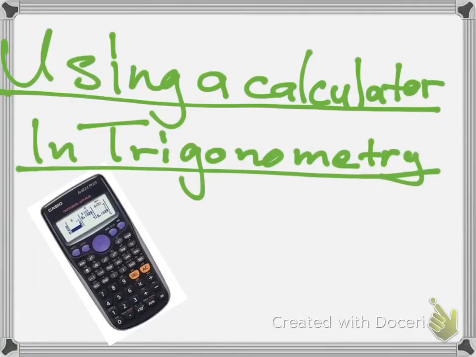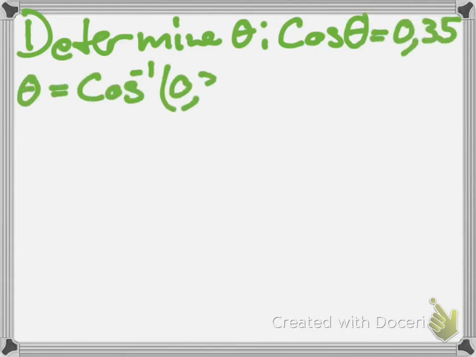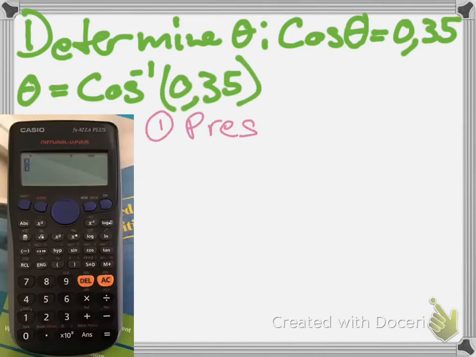Okay, let's continue with using a calculator in trigonometry. Let's say you are asked to determine theta, given that cos theta is equal to 0.35. So theta will be equal to arc cos, that is cos to the power of -1, which we call arc cos. So theta is equal to arc cos of